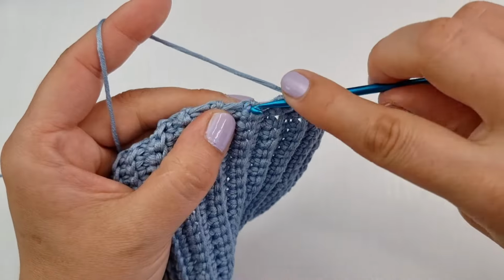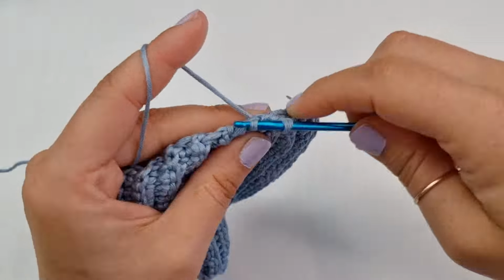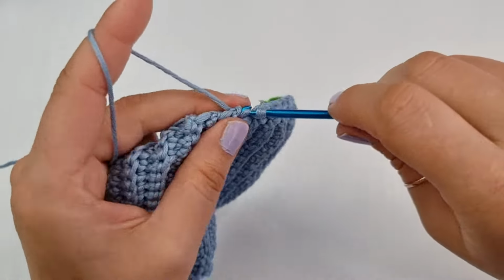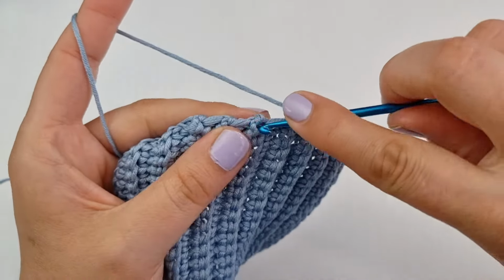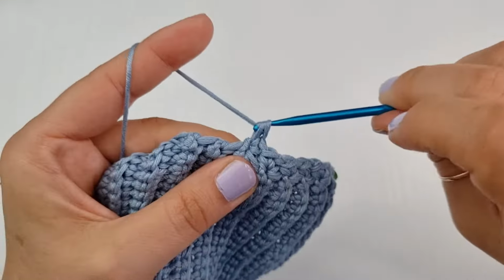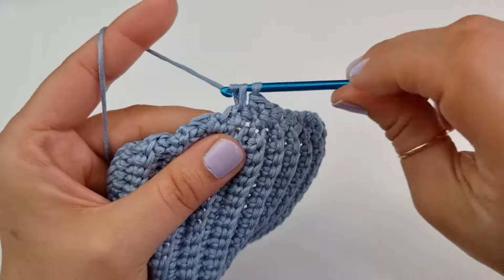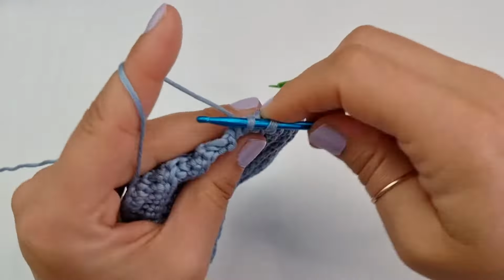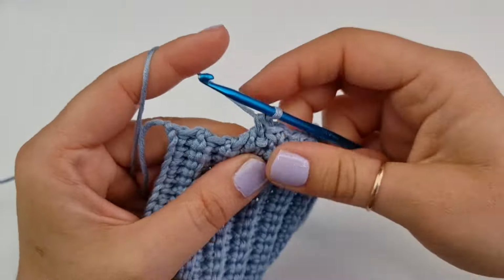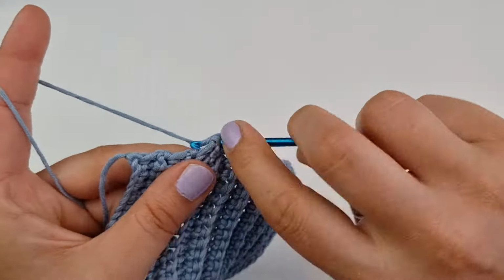2, then here 1 and 2, then on top here, so then on top here, so 1 and 2, then on top these 2 rows, 1 and 2, on top here, 1 and, so I have 1 and 1 more here,